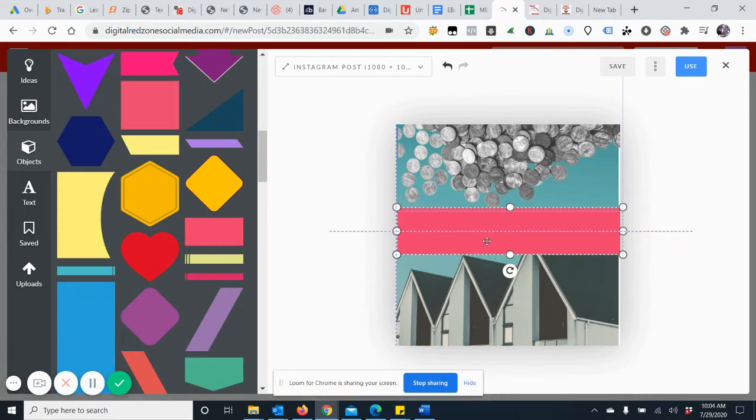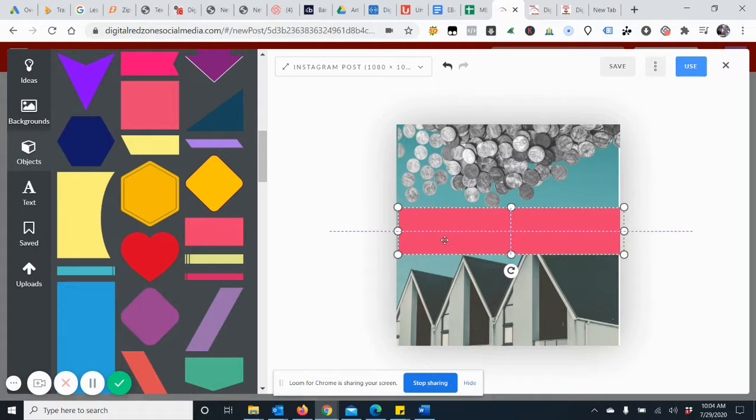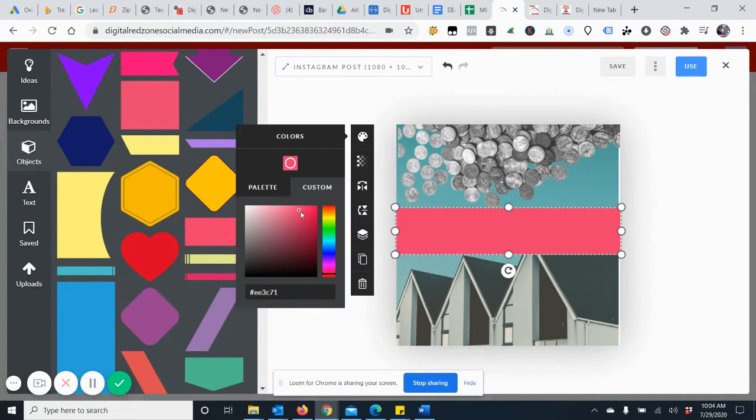And then we probably want it centered. And again, when you're using the editor, you'll see these lines come up, and that tells you you're center justified. With this one, we'll have it right there. We probably want to change the color of this thing. So let's make it a gray. And then we need to have this go behind